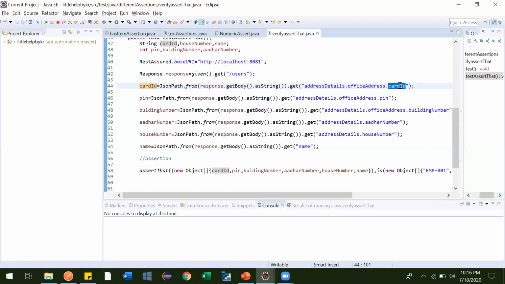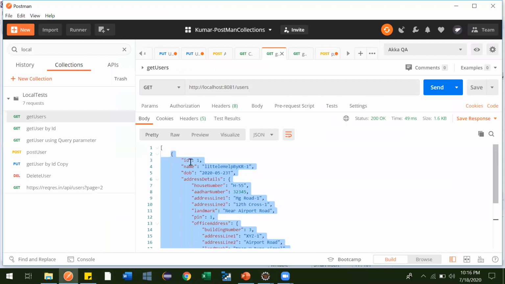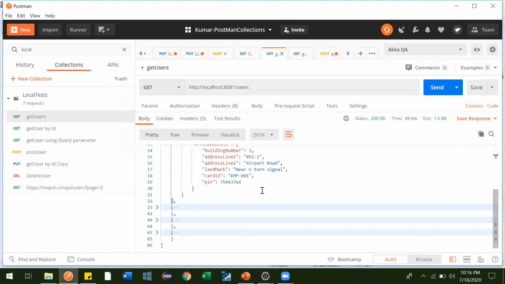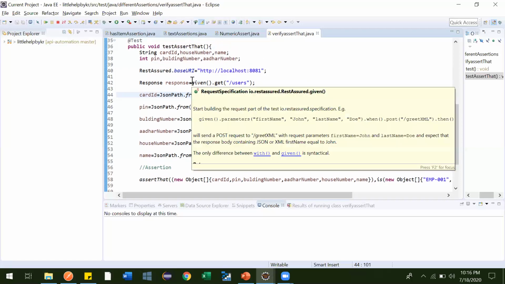In this case, whenever any JSON array is coming in your response, it will fetch for every element. The card ID will come for every response, and the other 4 will also come under this, but the return type will not be a string, it will be an array list.